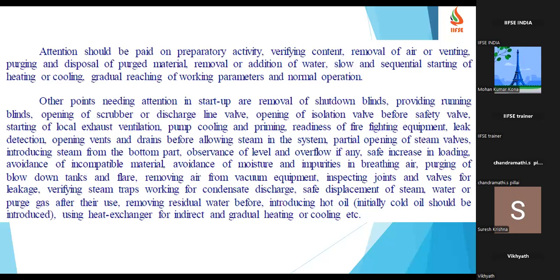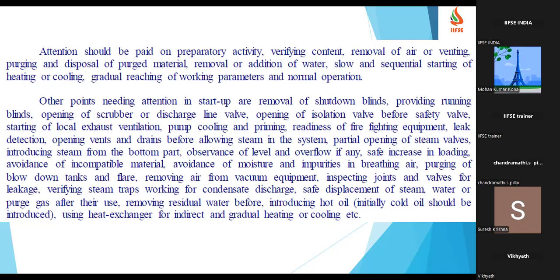Then another point needing attention at startup: removal of shutdown blinds and providing running blinds, and opening of the scrubber or drainage line valve, and opening of isolation valve before safety valves, and starting of local exhaust ventilation, pump cooling, and priming readiness of the firefighting equipment. So for new people, this will be a bit confusing. So what we are doing, the major thing is, whenever you are doing any startup, you have to